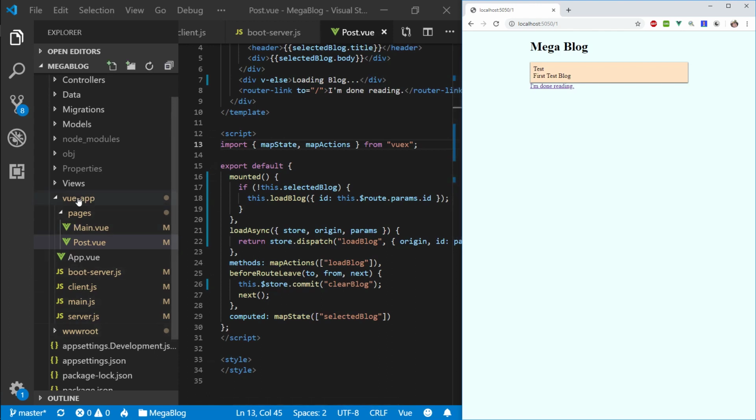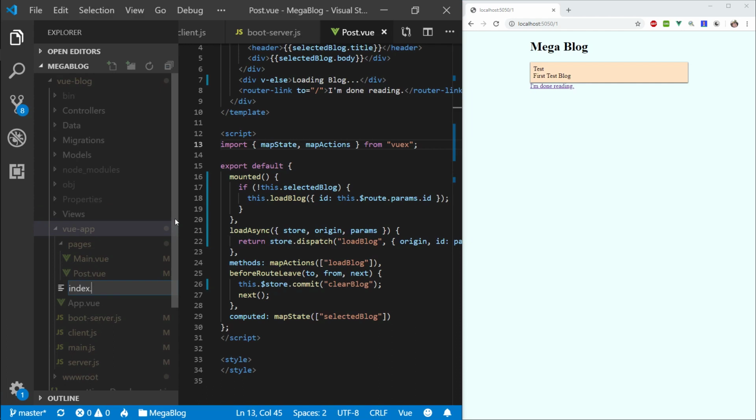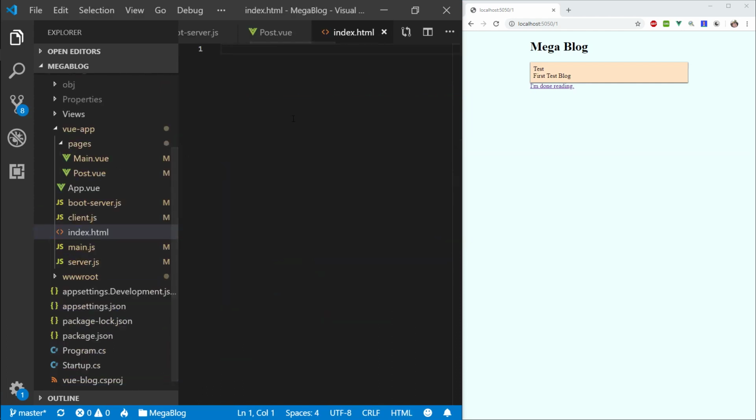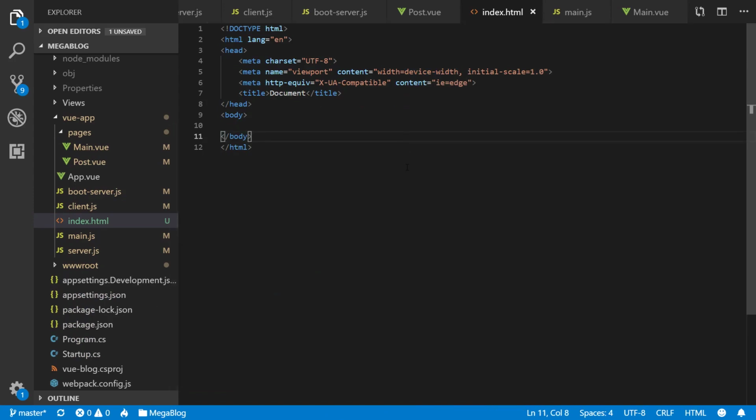So let's go ahead and create a template file in our Vue app. I'm going to go ahead and create index.html. I'm going to put one exclamation mark and scaffold this out. I'll go full screen here. I will delete the title. We will fill up the meta tags in a minute. Let's go ahead and create a div, and this is where our app will sit. So ID app,